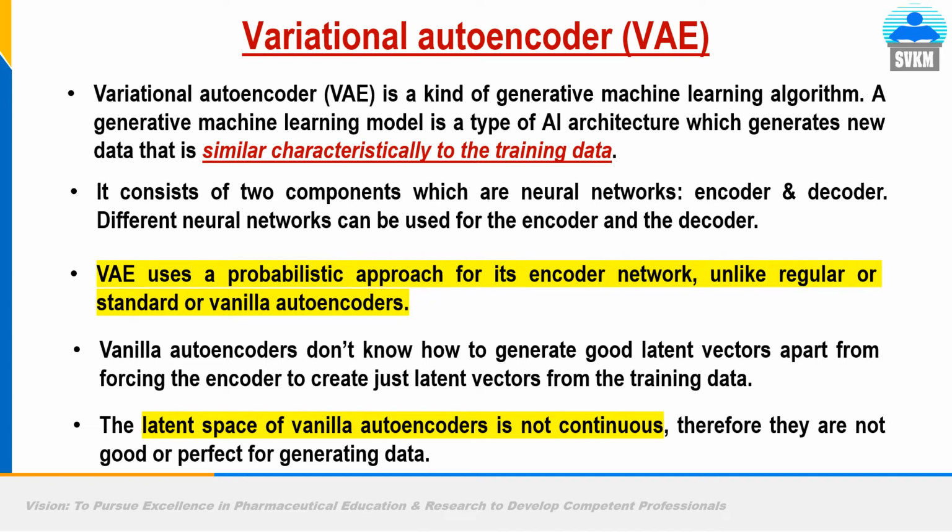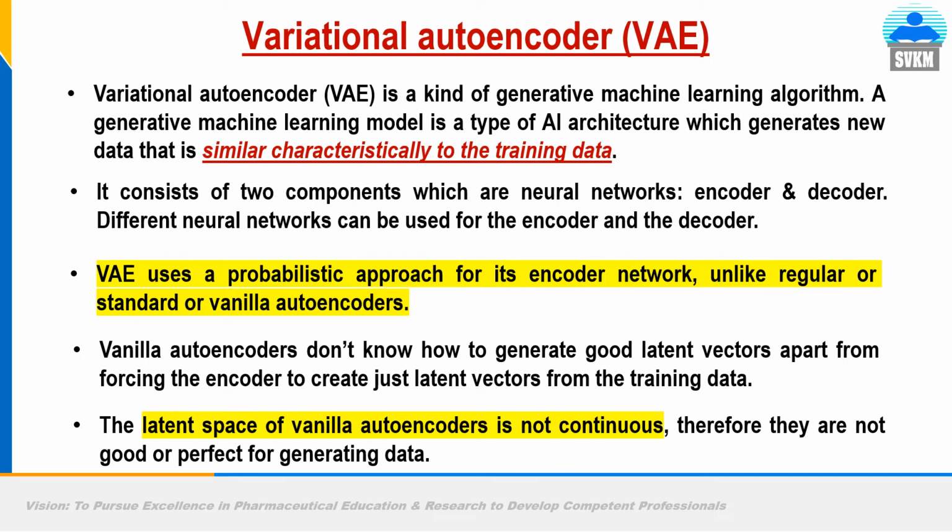Different neural networks can be used for the encoder and decoder. Suppose you want to make different sentences as output, then you have to use a recurrent neural network. On the other hand, suppose you have to make a molecular graph, or images of structures, or images of a car or truck or some actor based on the input image, in that case you have to attach a convolutional neural network in your